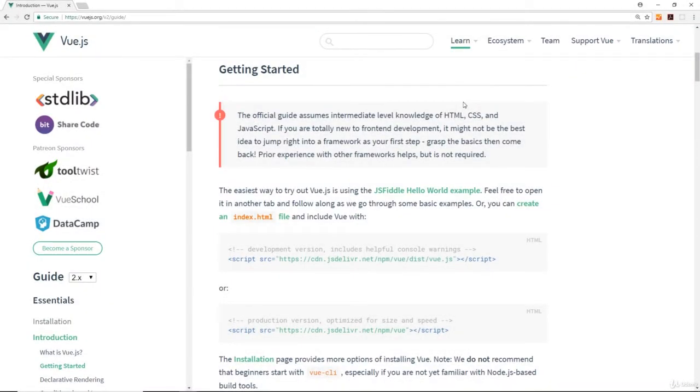Alright then, so I'm here on the Vue.js documentation on the Getting Started guide, and what I'll do is attach this link to this lesson so that you can go and check it out yourself if you want to. Now, I said earlier that we can use Vue.js to create full dynamic web applications in the browser, and we can do. But we can also use Vue.js just to control certain parts of a web page as well, such